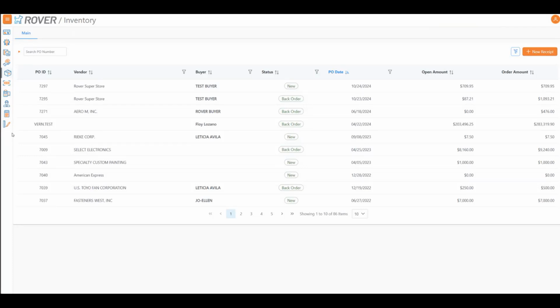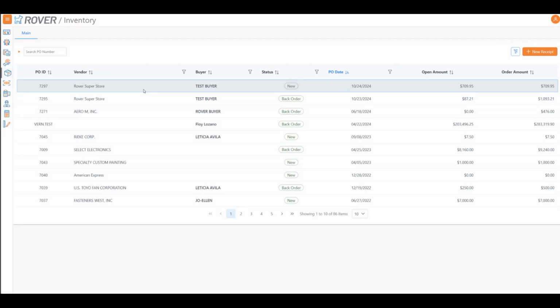Okay, so today I am going to be demoing our brand new inventory module. As you can see right here, the first landing page is a table full of POs. And similar to our other tables, you're able to filter, sort. We have pagination and all of those good things. So with the inventory module, similar to Rover's receipts, we're able to take a PO and turn it into a receipt. We could either go from clicking the button to make a new receipt,